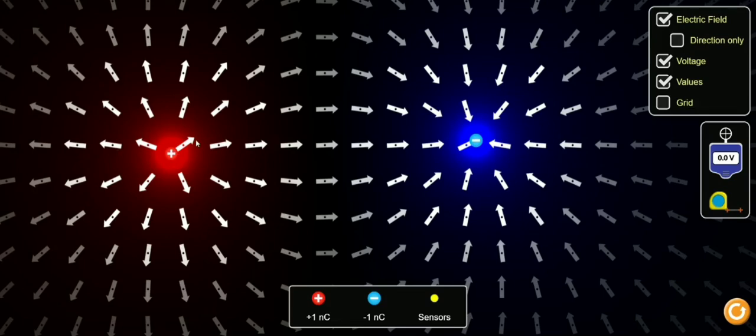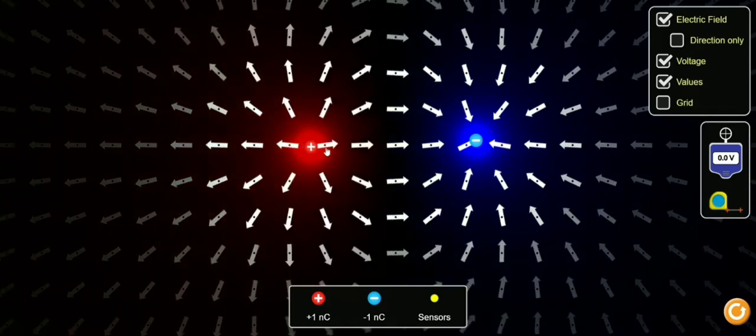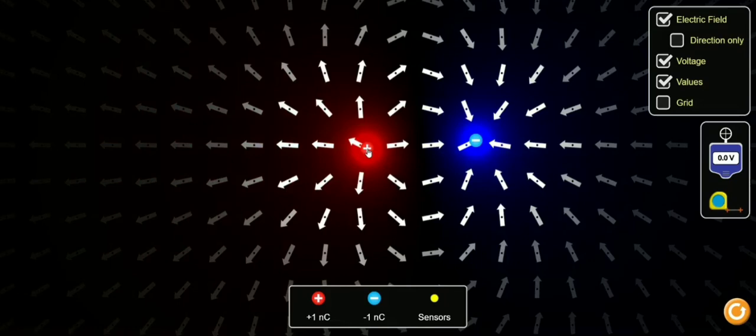Fine. So that's a beautiful concept. You can consider this a dipole because there are two equal and opposite charges separated by a small distance. Right? If you bring them closer, it is a perfect dipole. Fine. That is very, very important. Now we see the field line values. You see here the value is 27.7 volt per meter electric field, right?